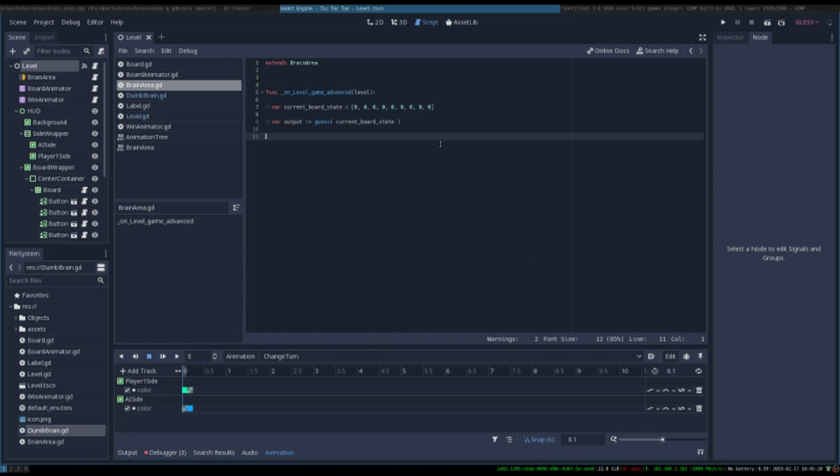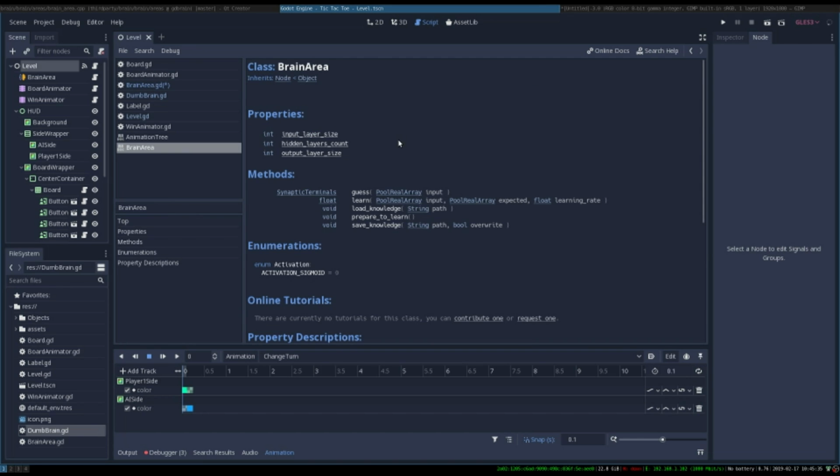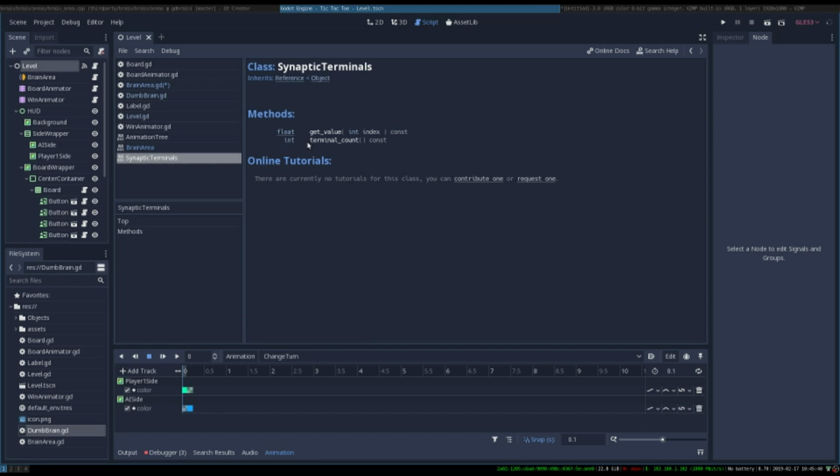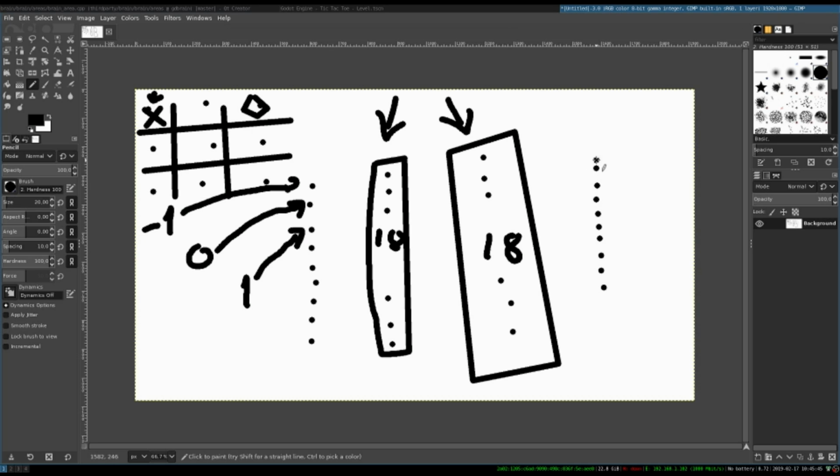One thing that I want to do is to print the current board state, and also to print this output, since the output of my guess is a synaptic terminals, that basically tells me the number of terminals, that in this case is 9, always,